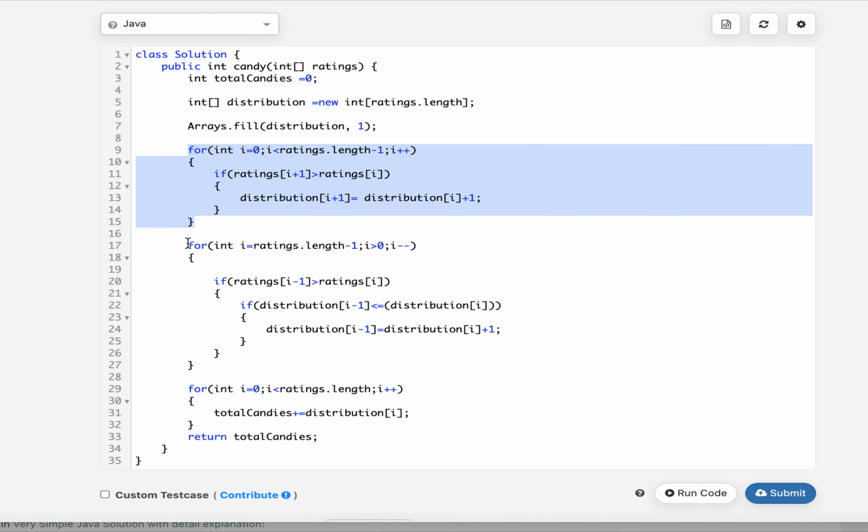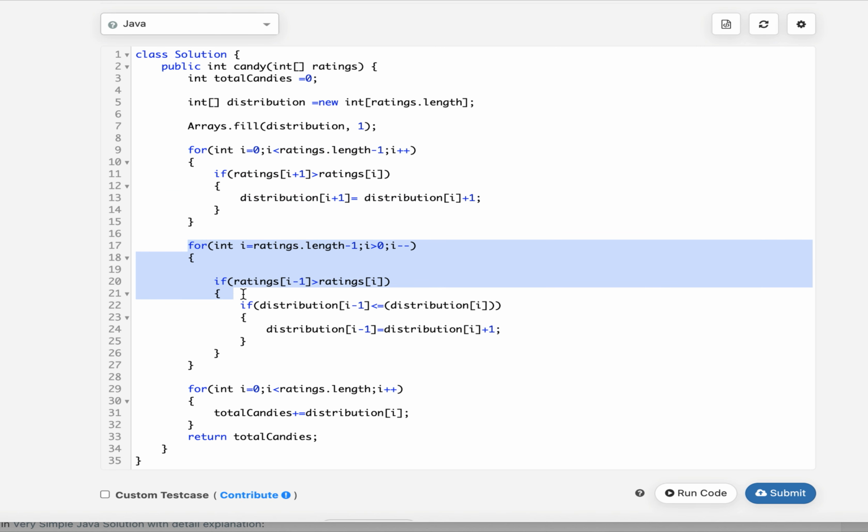Again we'll do a similar kind of thing in the reverse direction, starting from the rightmost node going up till the leftmost node. And here I check whether the rating of the immediate left neighbor is higher than the current node, and the distribution at the neighbor is less than or equal to the distribution at the current node.